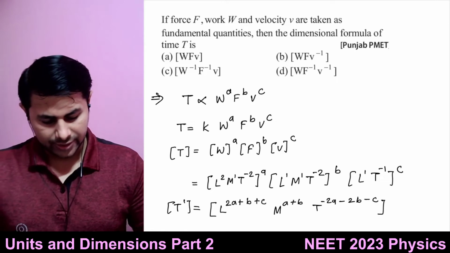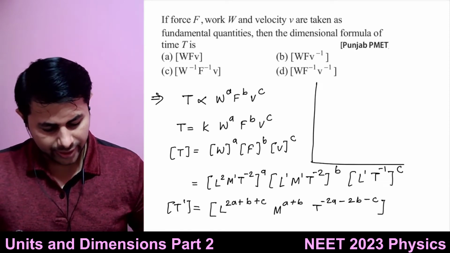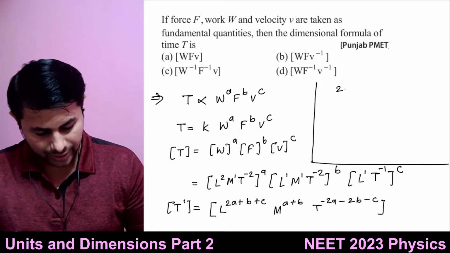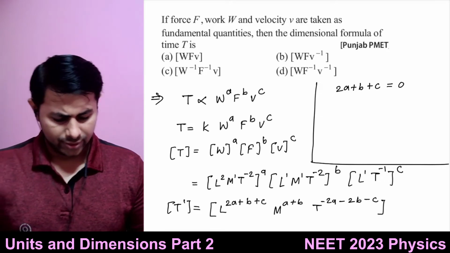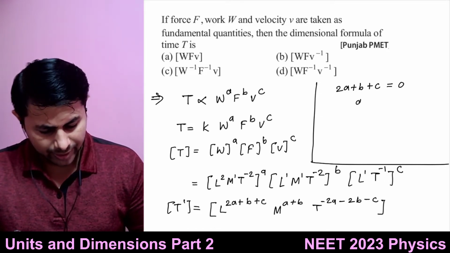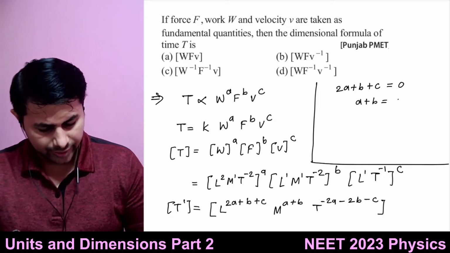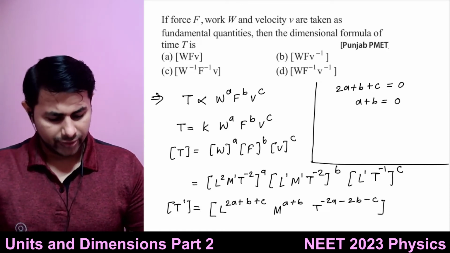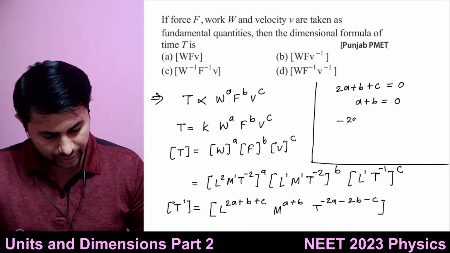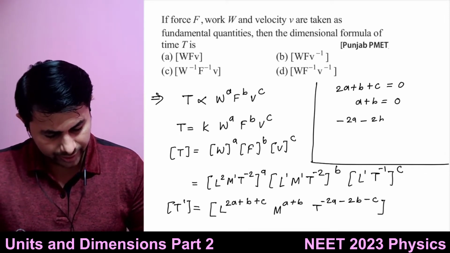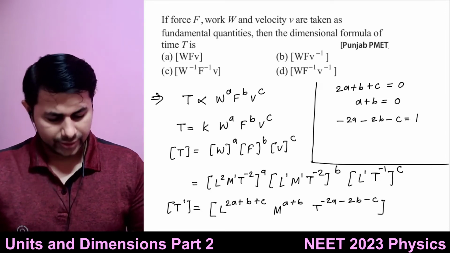So we got three equations. 2A plus B plus C is equal to 0, that's the first one. A plus B is equal to 0, that's the second one. And